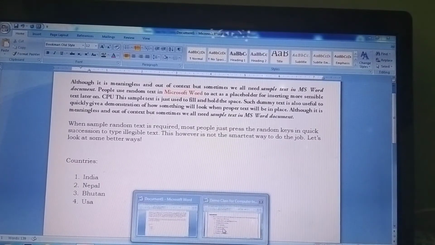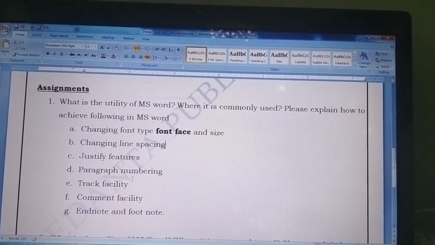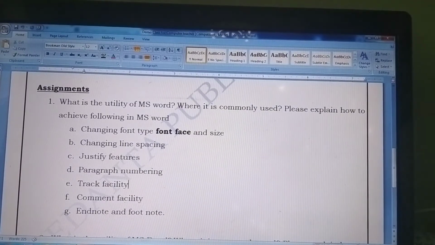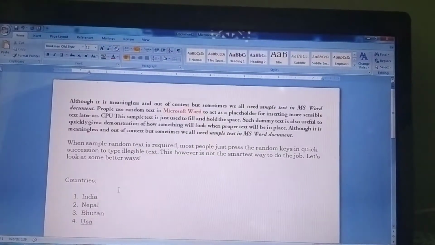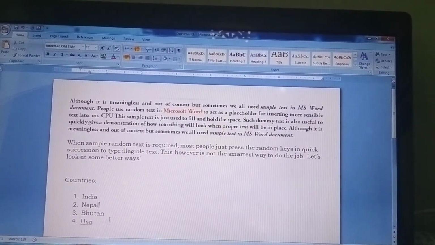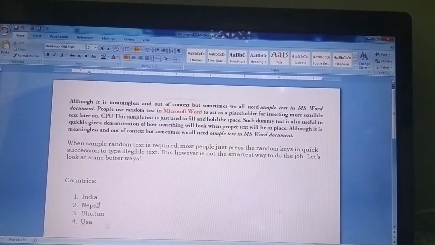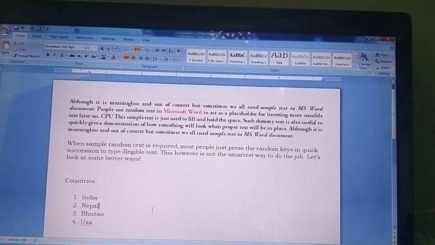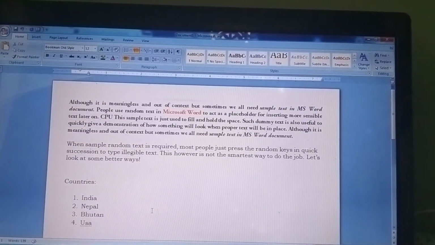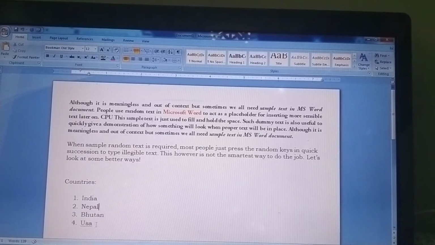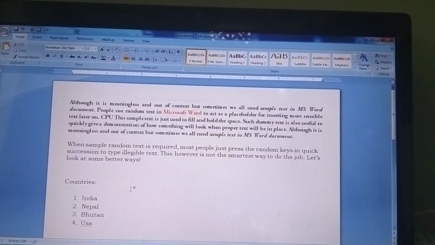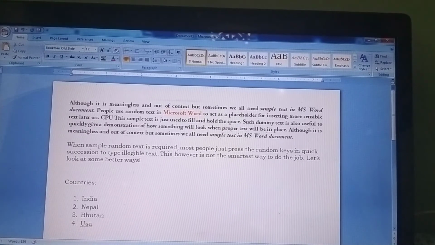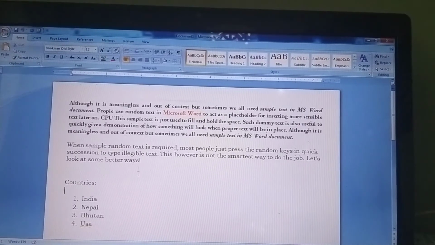After that, the next point is the track facility. Now what is the track facility? Suppose I have created this document, and it is very important according to me. So I can keep some password protection or something which will make my document safe. Suppose I want to share this same document with my friend or colleague or someone else, and I want that they do not make any changes in this content. So I will make it track changes.